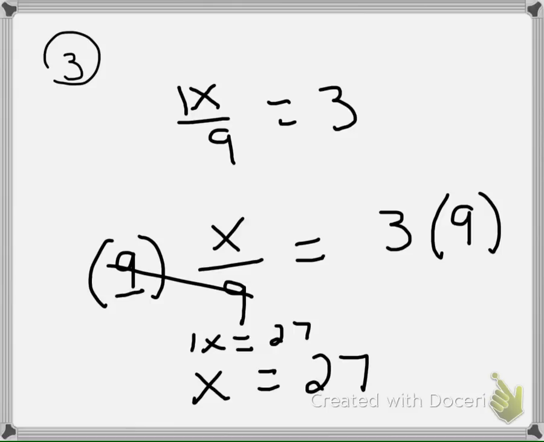It's 9 over 1. And if I multiply 9 times x, I'm going to get 9x. And 1 times 9 is 9. Those 9's will cancel out because 9 divided by 9 is 1. That gives you 1x, which is equal to x. And over here, I also have to multiply by 9, because if you do it on one side, you have to do it on the other side, and 3 times 9 is 27. Number 4,